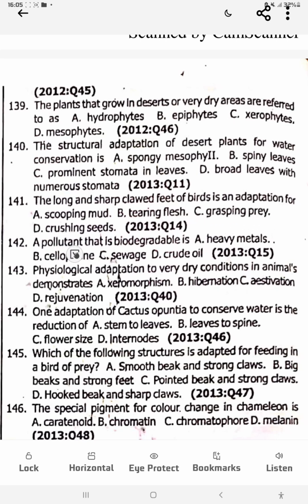Option C. 142. A pollutant that is biodegradable, which is it can decay. 142 is option C, sewage. Biodegradable means it can be broken down into harmless products by microbial activities. You don't understand? 143. Physiological adaptation to a very dry condition in an animal demonstrates aestivation. 143 is option C. 144. One adaptation of Cactus opuntia